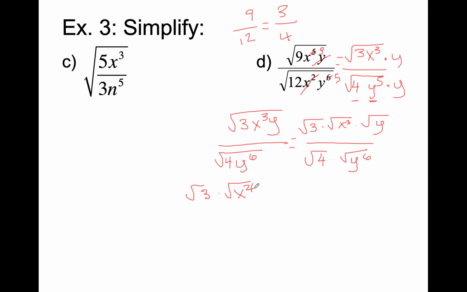So this is radical 3 times radical x squared times radical x times radical y all over radical 4 times radical y to the 6th. So now I'm going to evaluate radical